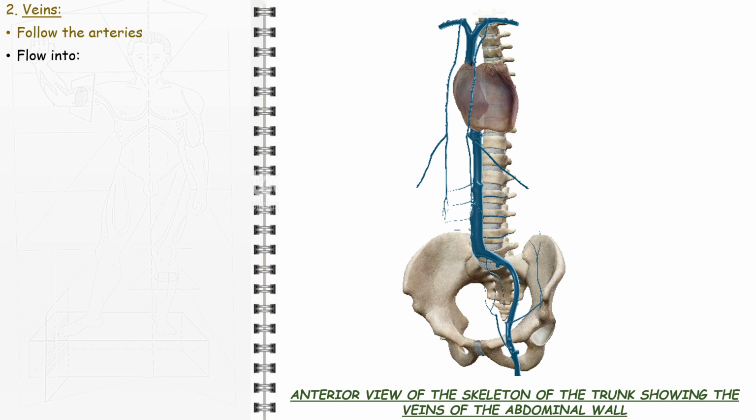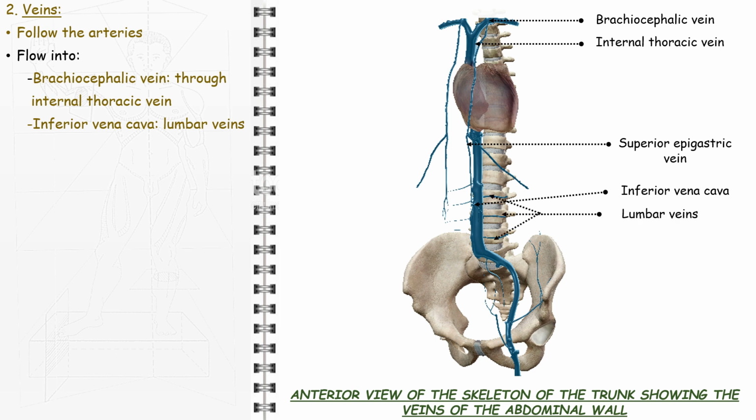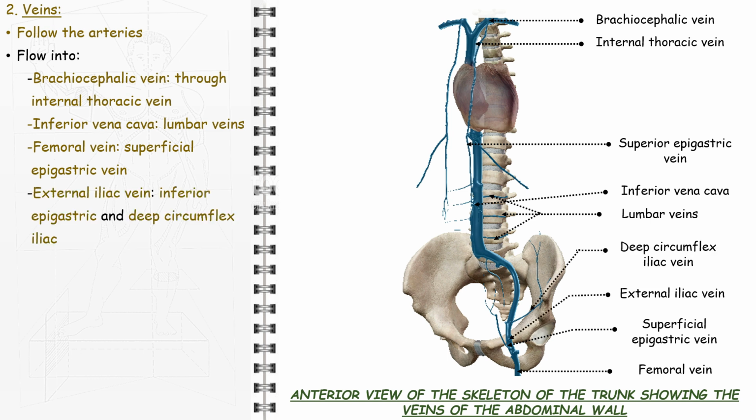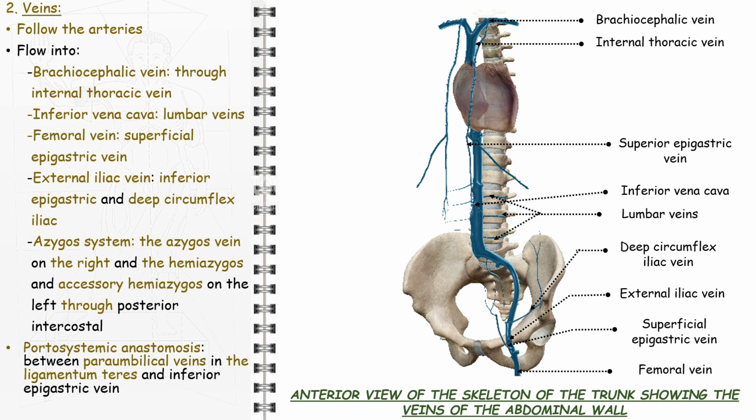They flow into the brachiocephalic vein through the internal thoracic vein, the inferior vena cava through lumbar veins, the femoral vein through the superficial epigastric vein, the external iliac vein through inferior epigastric and deep circumflex iliac veins, and the azygos vein on the right and the hemiazygos and accessory hemiazygos on the left through posterior intercostal veins. The anterior abdominal wall is a site of portosystemic anastomosis between the paraumbilical veins in the ligamentum teres and the